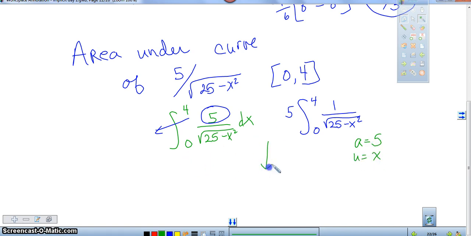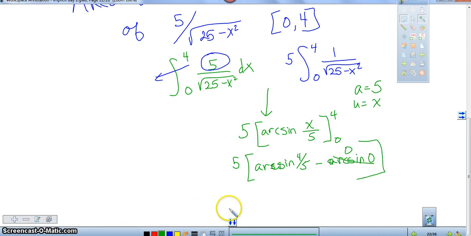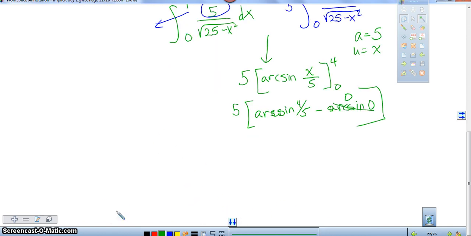So if I just follow that rule for arc sine, the integral rule, I'd have 5 times the quantity of the arc sine of x over 5 from 0 to 4. So I get 5 times the arc sine of 4/5 minus the arc sine of 0. The arc sine of 0 is 0 because the sine of 0 equals 0. The arc sine of 4/5,